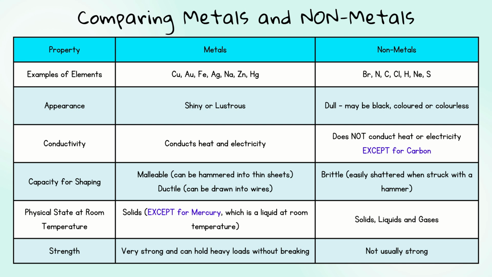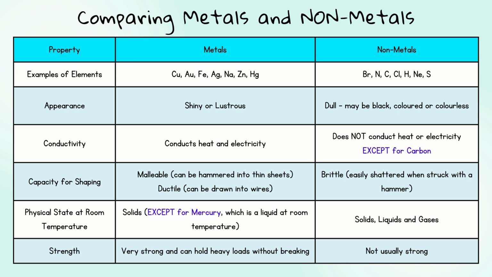Examples of metals include copper, gold, iron, silver, sodium, zinc, and mercury. They are shiny or lustrous. They conduct heat and electricity. They are malleable and ductile. They're solids except for mercury, which is a liquid at room temperature, and they're very strong and can hold heavy